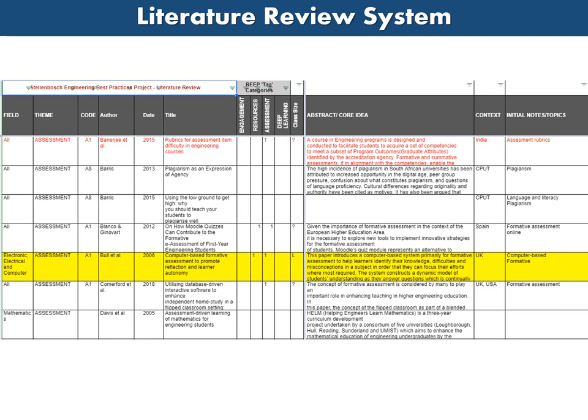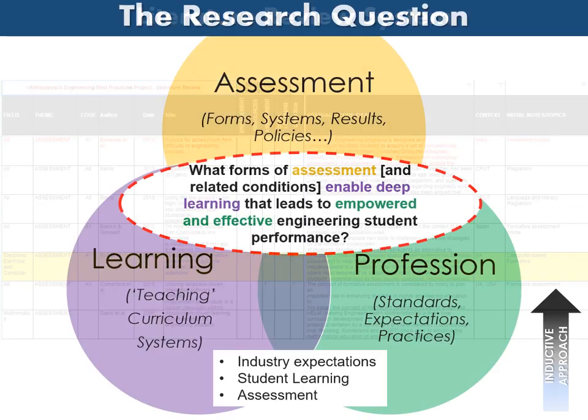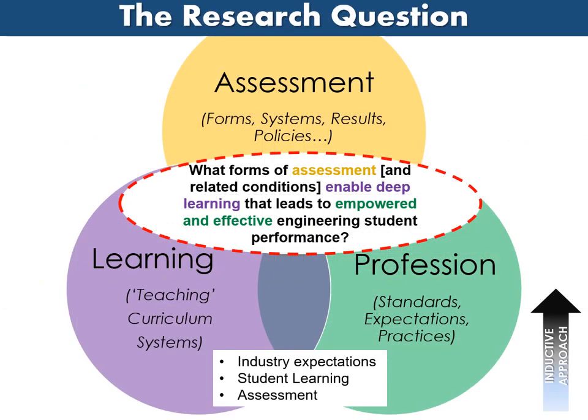Now, from the zooming in to your problem, identifying those 3 key areas and permutations, and that extensive literature review process, you will find that you will have a refined research question. This is what we call inductive research, where you start with a problem and you don't already have a method or a standard approach through which to approach it.